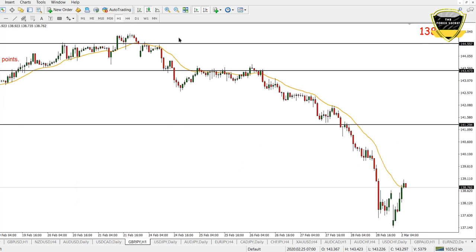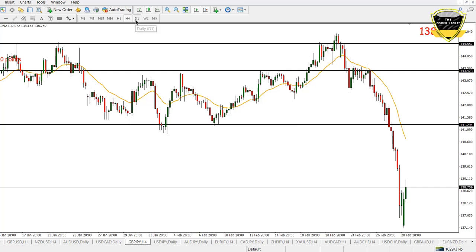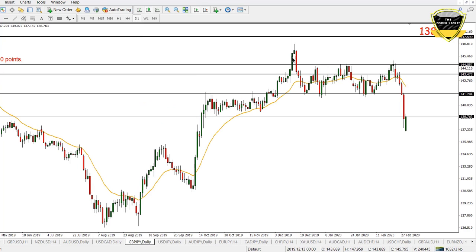Next currency pair is GBP/JPY. If we look at the price structure of GBP/JPY, there was a massive consolidation at this level and the market broke through with impulsive bearish pressure and strong selling pressure. So currently we are expecting the price to get some correction. We are waiting for a corrective momentum towards 141.29, and make sure the